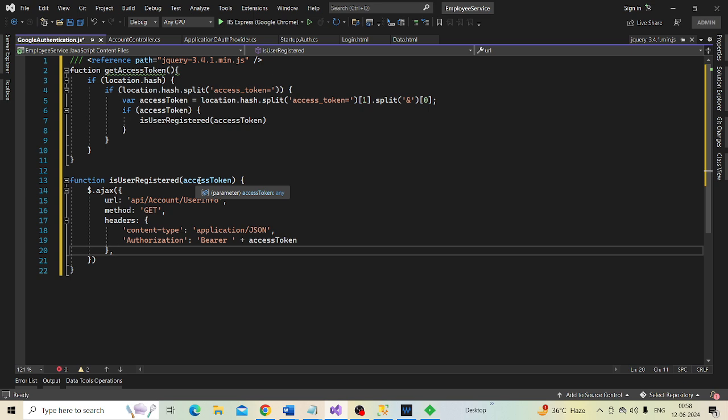And when the request completes successfully, we want to handle the response that comes back from the server using this success function.